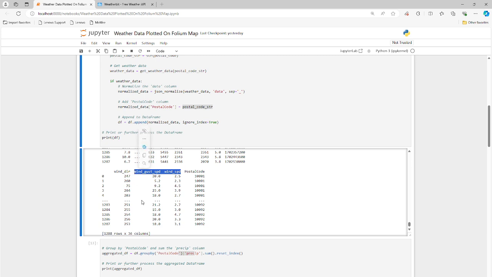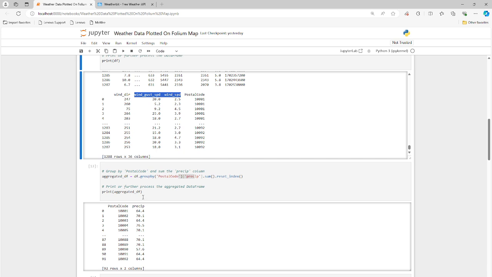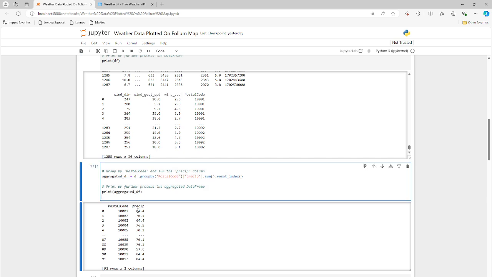So a few things like that. And that's fine. So we're grouping by precipitation. That's what I want to do. I want to plot the intensity of rain around Manhattan. So by zip code, by postal code, zip code, same thing. We have the precipitation. That's what this does right here, this aggregation of this data frame, grouping by postal code